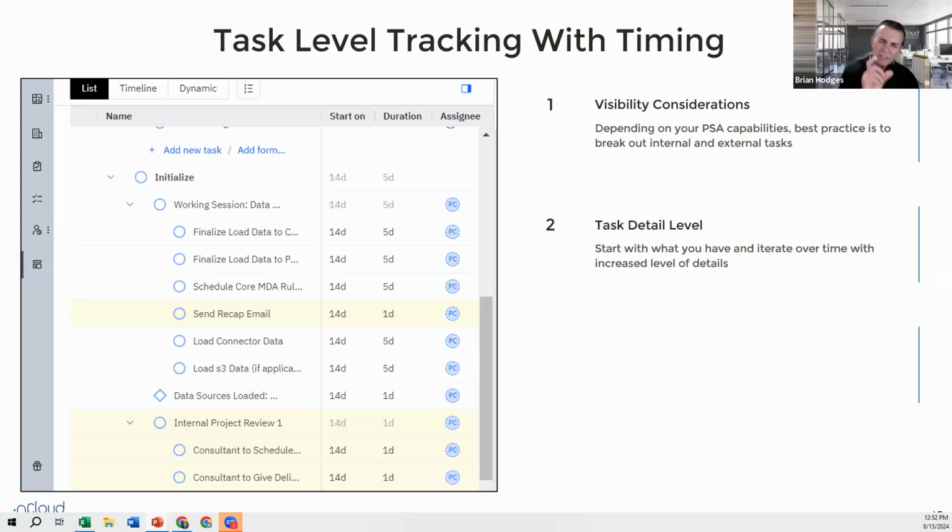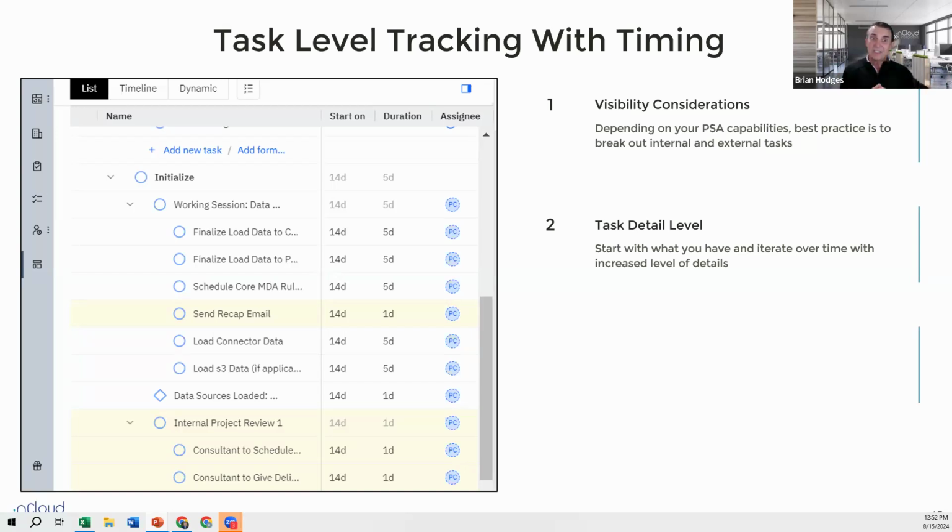And the other thing that's really important here, for those of you that aren't tracking this, is that inevitably there's some change management that's going to need to be considered with your consultants, right? They may not be submitting timesheets today, or they may only be submitting very minimal timesheet levels of detail. So you're going to want to and need to work with your team, show them the importance of this, show the value that this is going to create for them as you go forward, and then start with a minimal level of